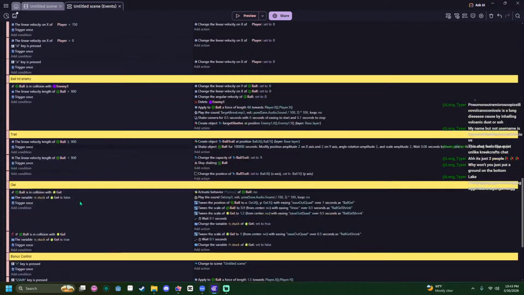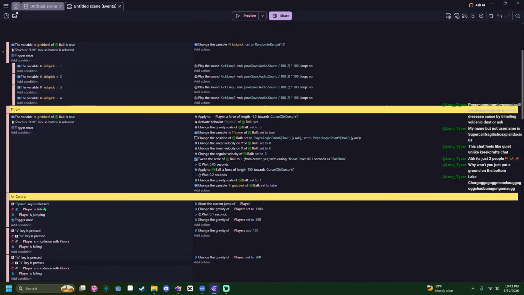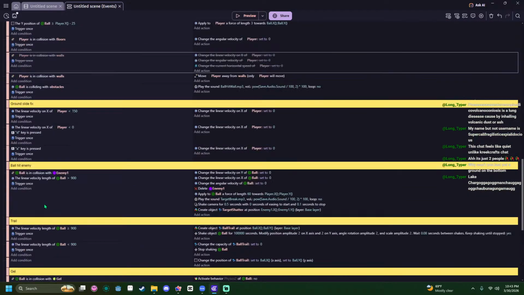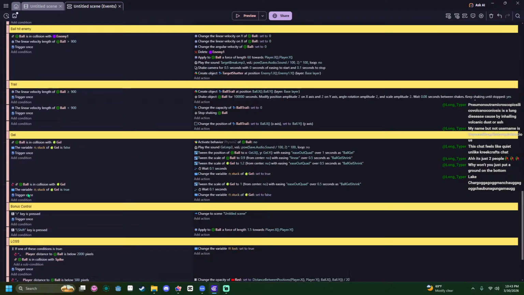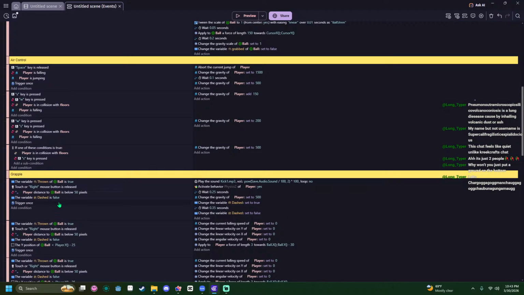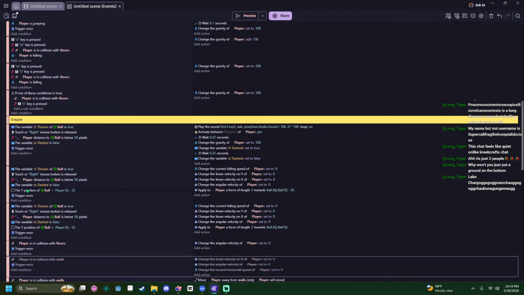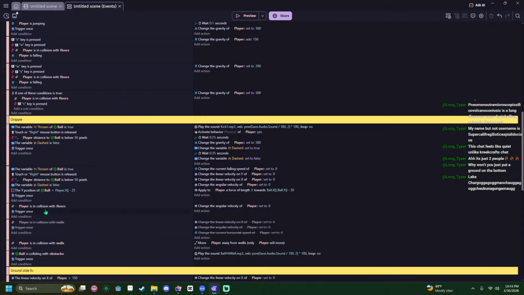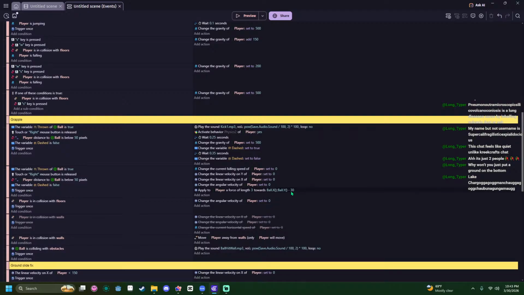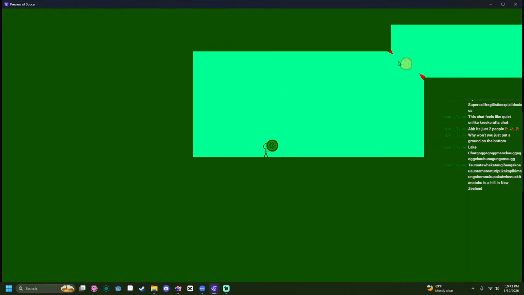Okay, I need to change the dash now. Where's the dash? It's called grapple. Okay. Let's try to simplify this system. I don't need 2, I don't think.